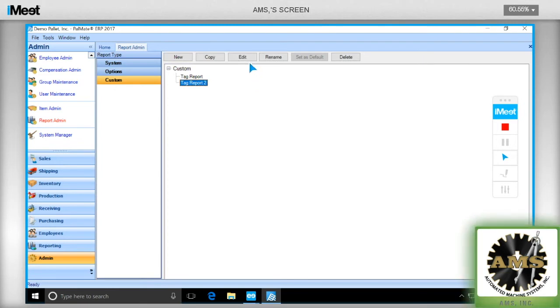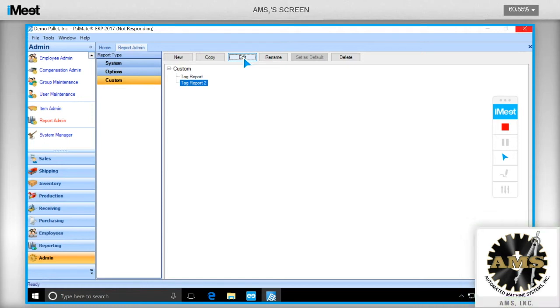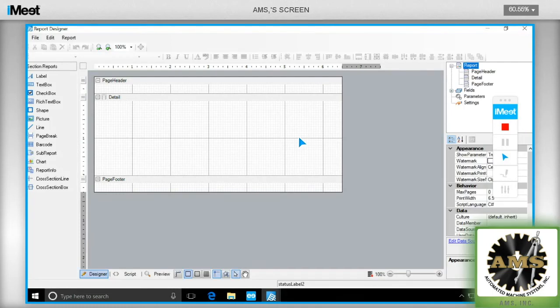And now what I need to do is go in and edit it. So now I have Tag Report 2. I hit Edit, and it's going to pull open my template editor, which you may be familiar with if you looked at editing a BOL or an invoice, because you can currently do that in Palmate. We'll give it a minute here. I have a lot of things running on this machine, but okay, so here's the template editor,